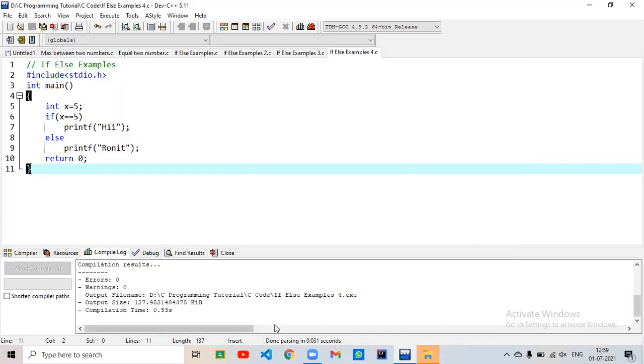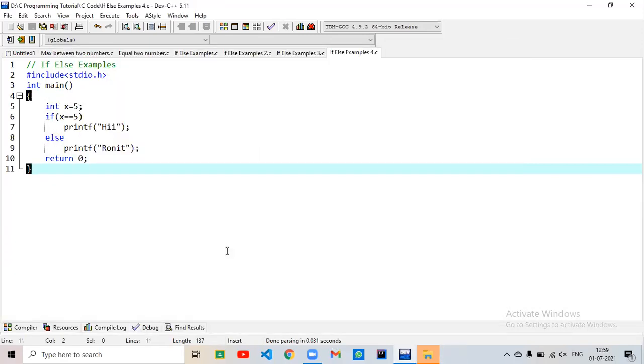This compiler problem. Listen, everyone has Turbo C compiler. So do this program there.